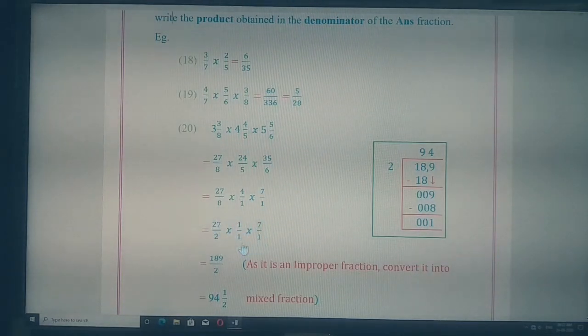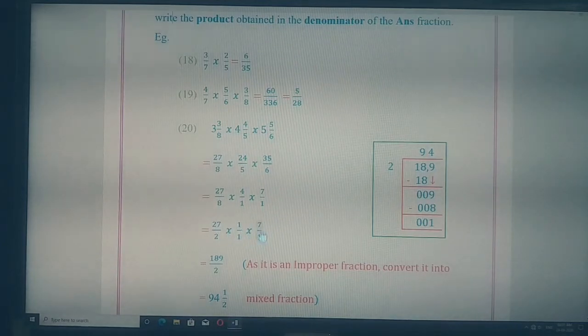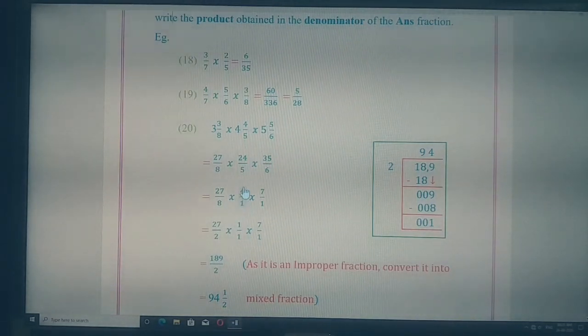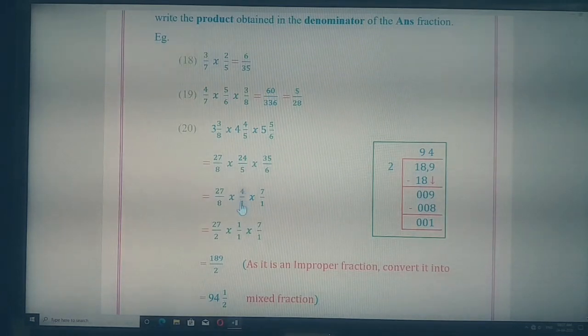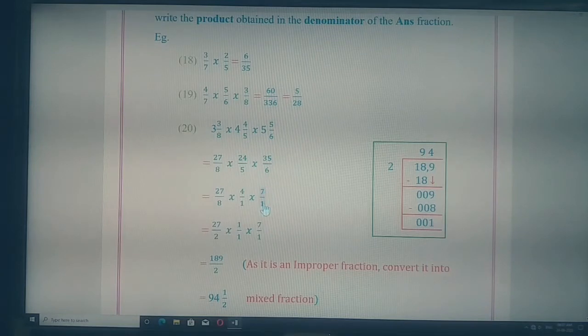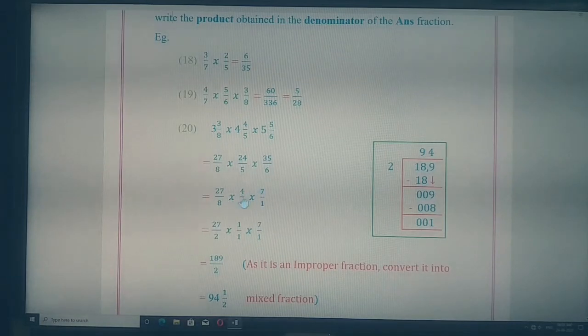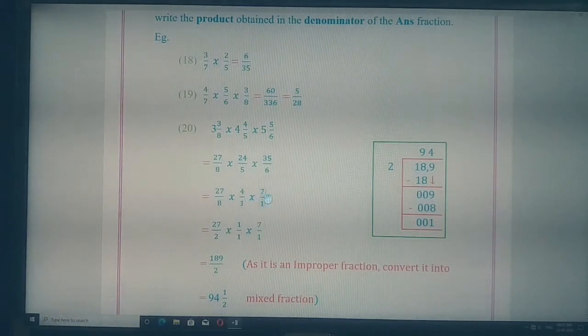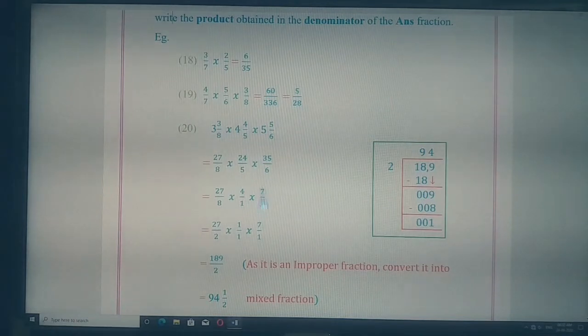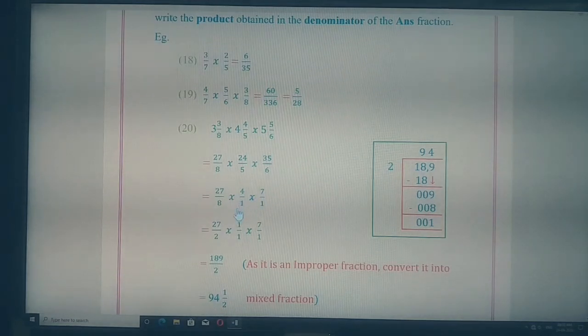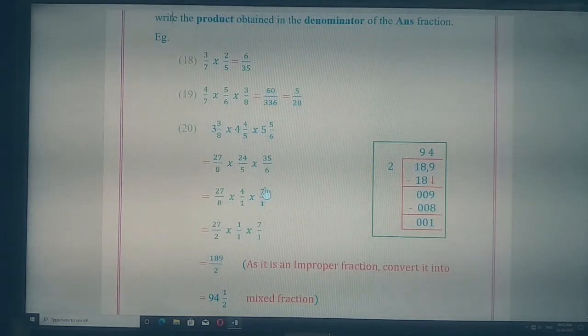Now the next group of fractions is 27 upon 2, 1 upon 1, 7 upon 1. Now 7 is a prime number. It cannot be cancelled with any number in the denominator. Multiplication and division can be done simultaneously because when fractions are written as numerator over denominator, it is one type of division only. So the number in the numerator can be cancelled with the number in the denominator if there is a multiply sign in between. If an addition sign is in between, we cannot cancel the numerator and denominator between different fractions. For the same fraction, we can do the cancellation. But for different fractions, the multiply sign should be there in between. Only if the multiply sign is there can we do the cancellation of the numerator and denominator.